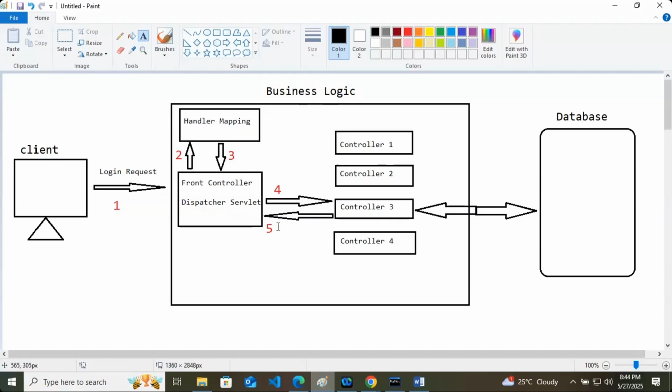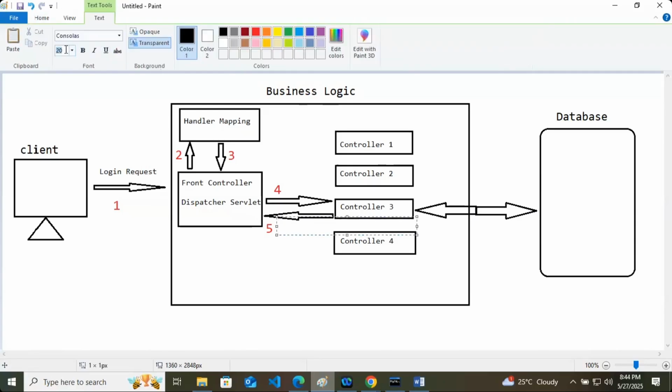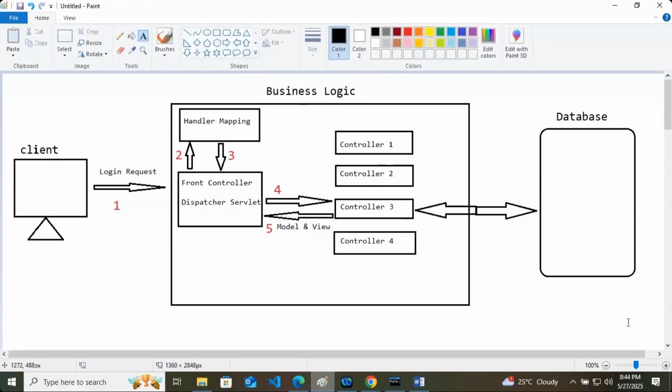This controller will return two things: model and view, meaning the required data and the required HTML or JSP file.